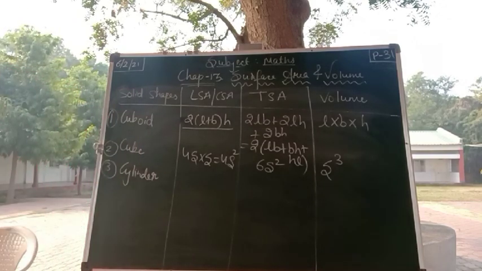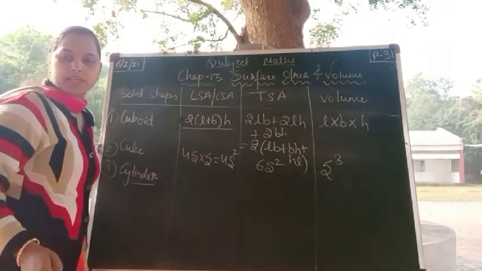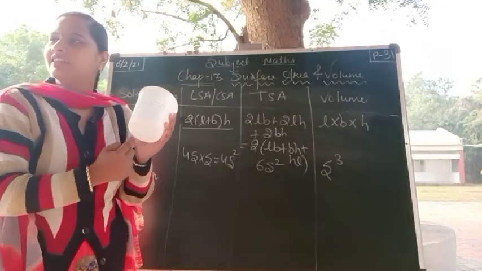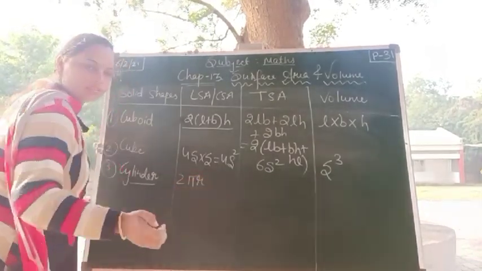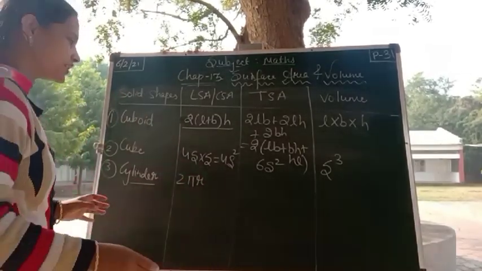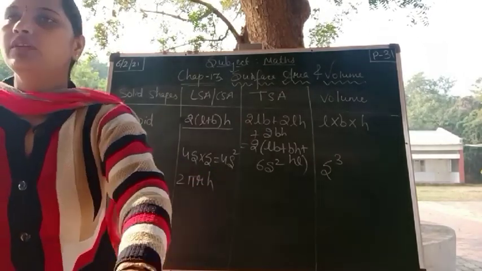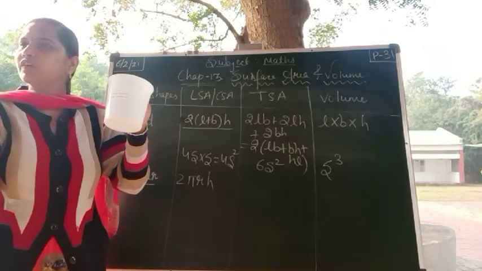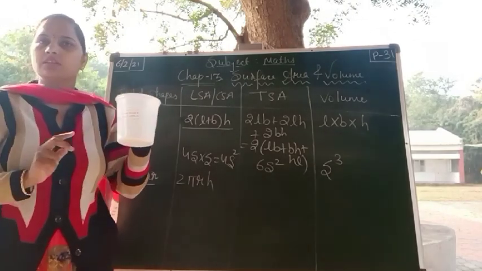Okay, so now we will start with the same formula here. Perimeter of base. I am considering this cylinder. What is the perimeter of this circle? 2 pi r. The height of this cylinder is h. So what is the curved surface area of the cylinder? Very easy, 2 pi rh. Now total surface area. You told me the curved surface area is 2 pi rh. How did we get 2 pi rh? Perimeter of base 2 pi r into h, 2 pi rh. This is the curved surface area.